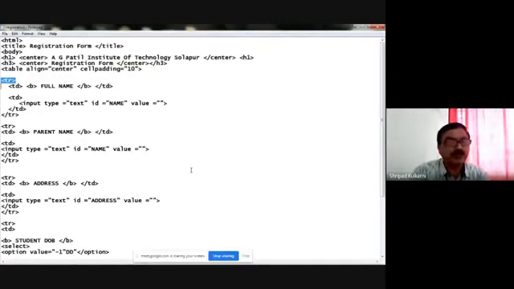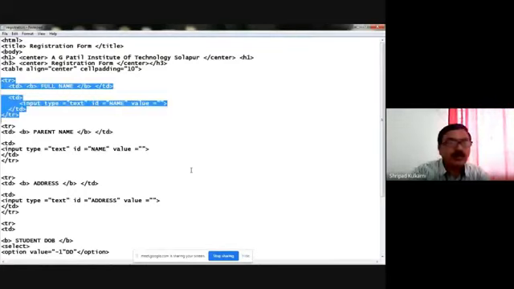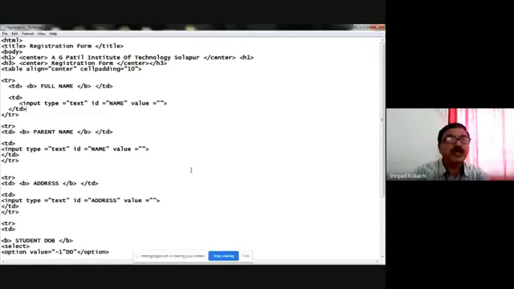This is the first block. I use this block to display the full name, as well as to take the values from the user side. For that purpose we use the input tag, input type.